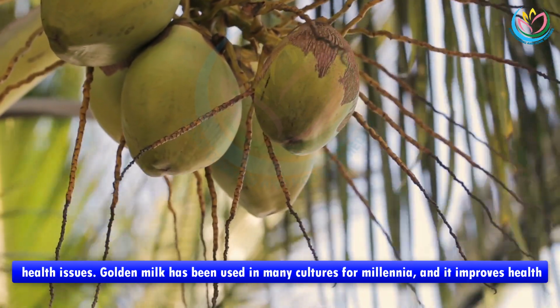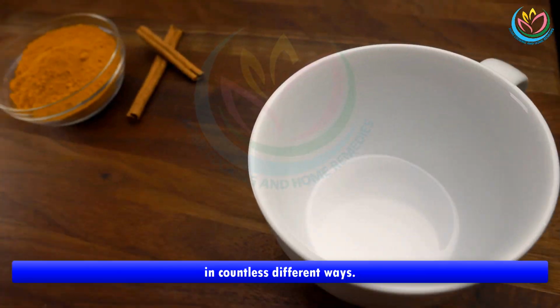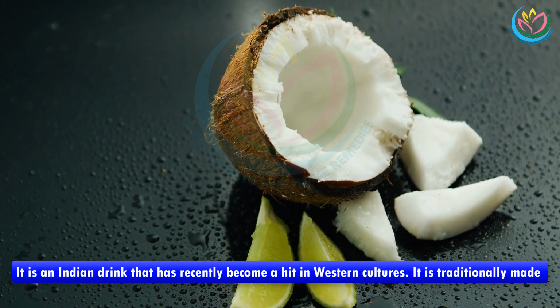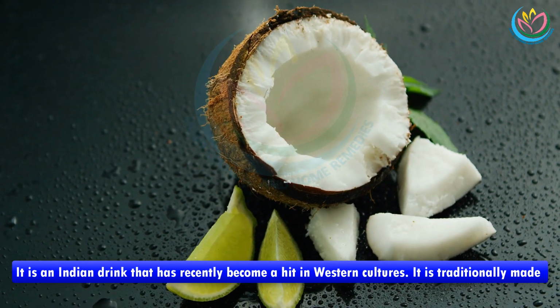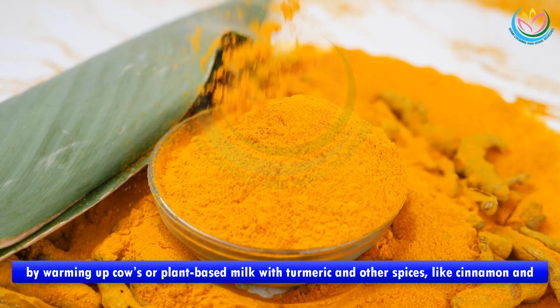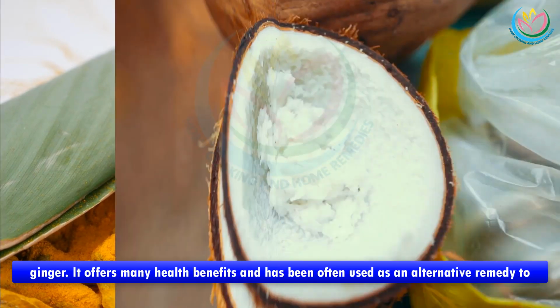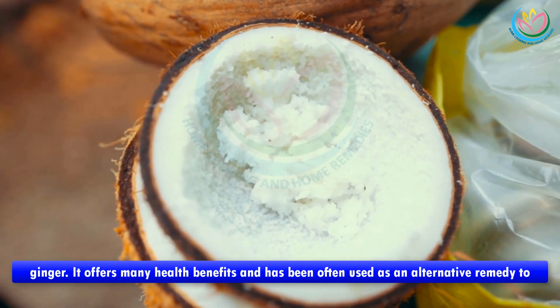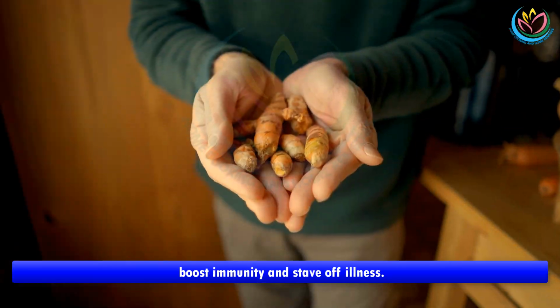The golden milk has been used in many cultures for millennia, and it improves health in countless different ways. It is an Indian drink that has recently become a hit in Western cultures. It is traditionally made by warming up cow's or plant-based milk with turmeric and other spices, like cinnamon and ginger. It offers many health benefits and has often been used as an alternative remedy to boost immunity and stave off